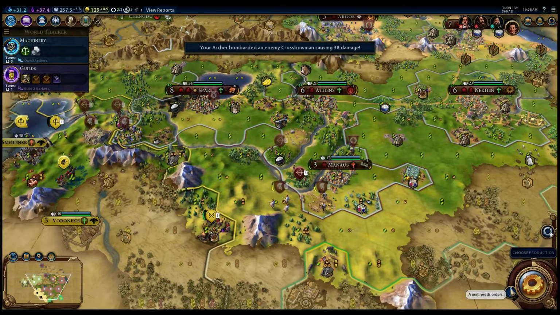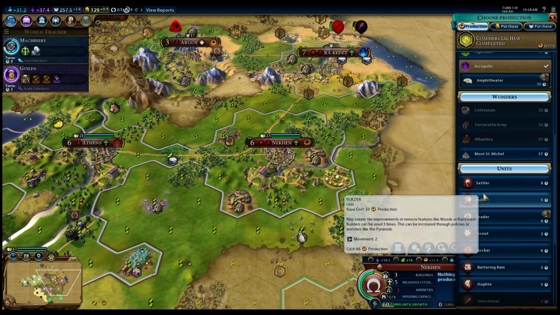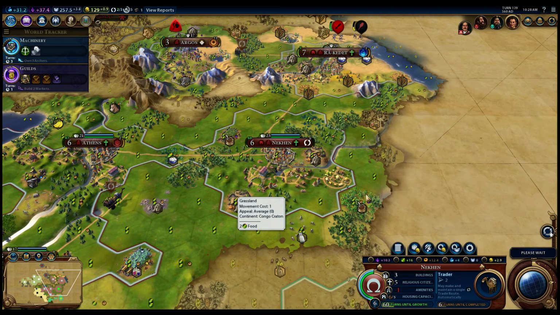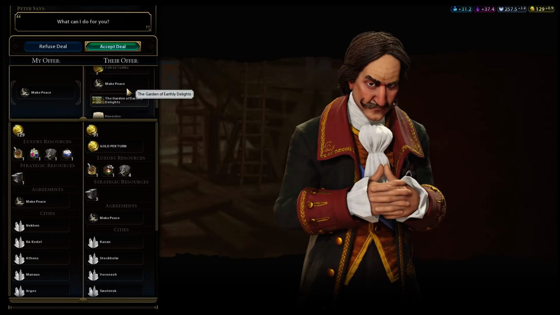Yeah, wait and wait. Okay. So now we have another commercial district. Let's get another trader out. Honestly, the Egyptian cities are sort of, okay, finally. Yes, I will accept any peace deal. You're going to give me a ton of...